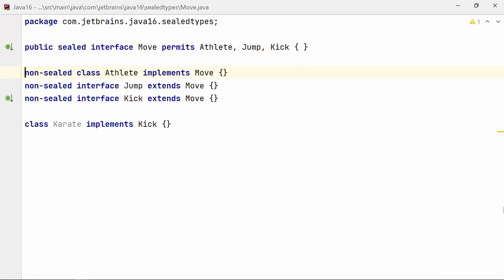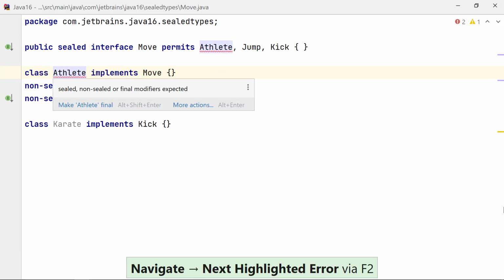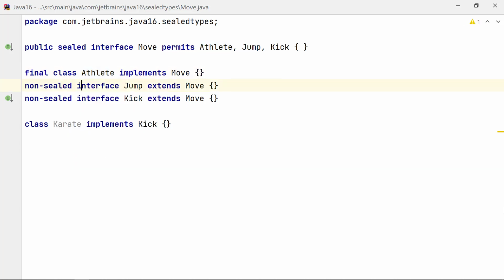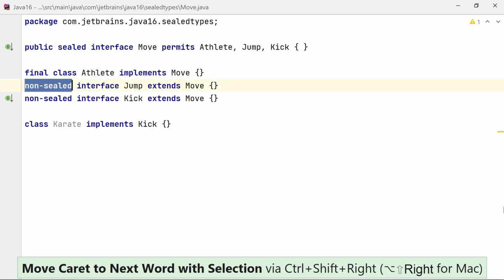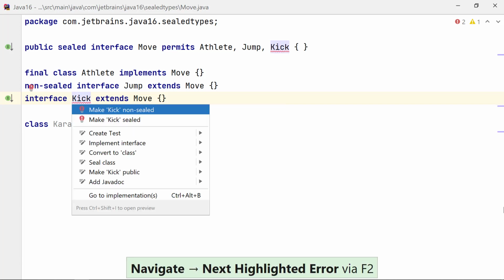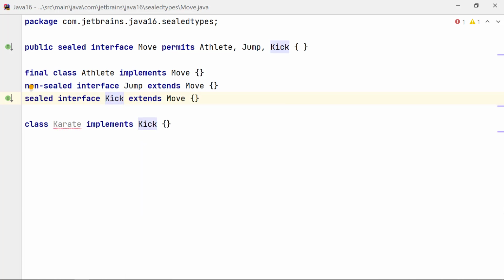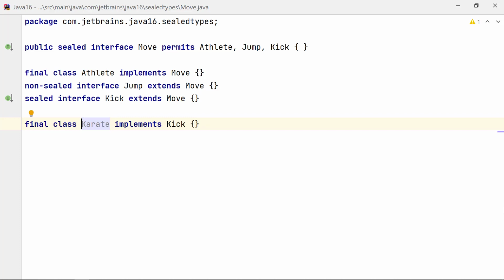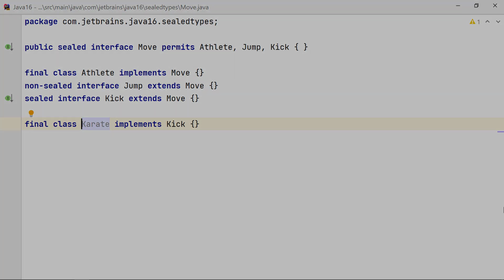However, since you cannot declare an interface using the modifier final, because doing so would clash with its purpose, as interfaces are meant to be implemented, an inheriting interface can be declared using either sealed or non-sealed modifiers. The permits clause of an interface declaration lists the classes that can directly implement a sealed interface and interfaces that can extend it. An implementing class can either be final, sealed, or non-sealed.